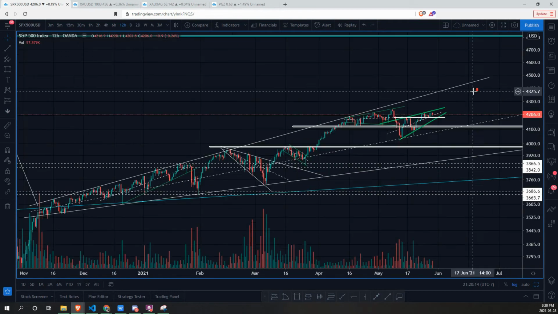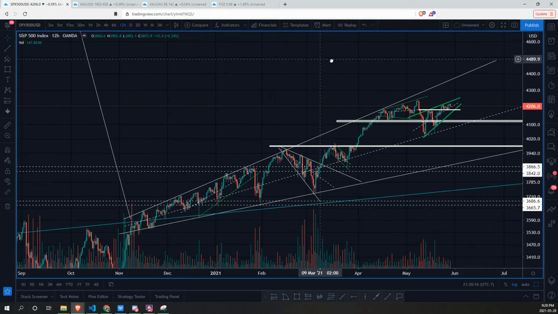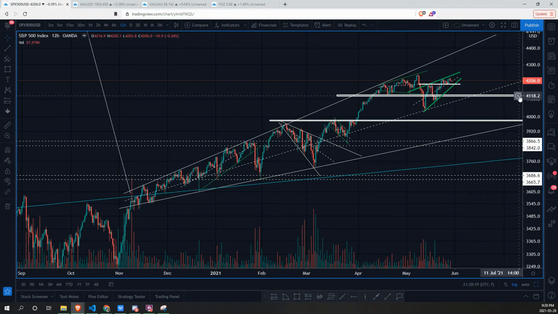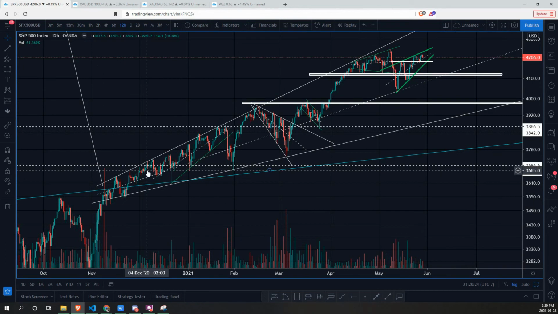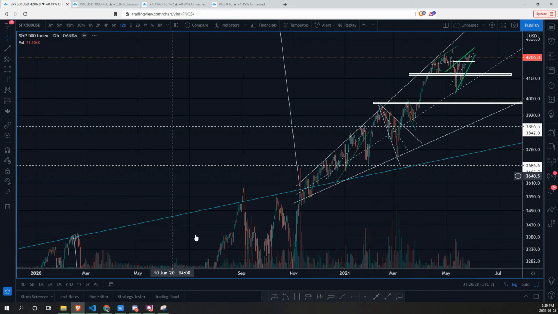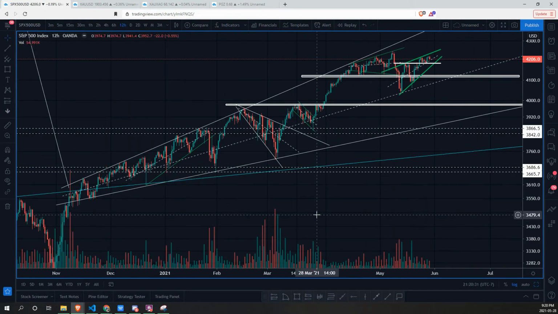Let's jump into a 12-hour time frame and break down what we've been seeing since late 2020 and on for the S&P here. Since the breakout, we have been creating an expanding formation like we did see within the multi-year cycle for this larger one, which isn't ideal. I really like seeing contractions, but we saw a nice little ascending zone which did dip to the downside, kind of similar to what we're seeing right now for BTC. We had a nice ascending wedge, potential melt up to the upside, but we did fall down. So now we are looking to enter in the bottom before our next leg up.